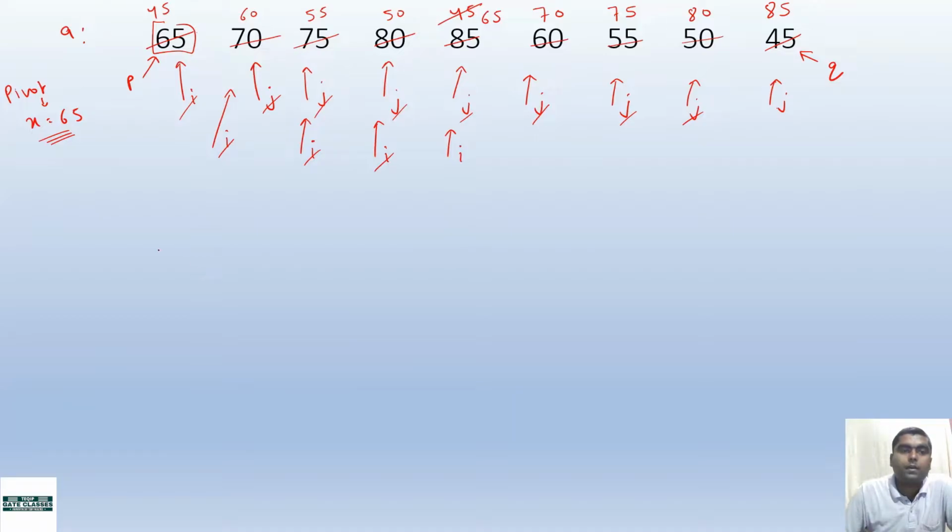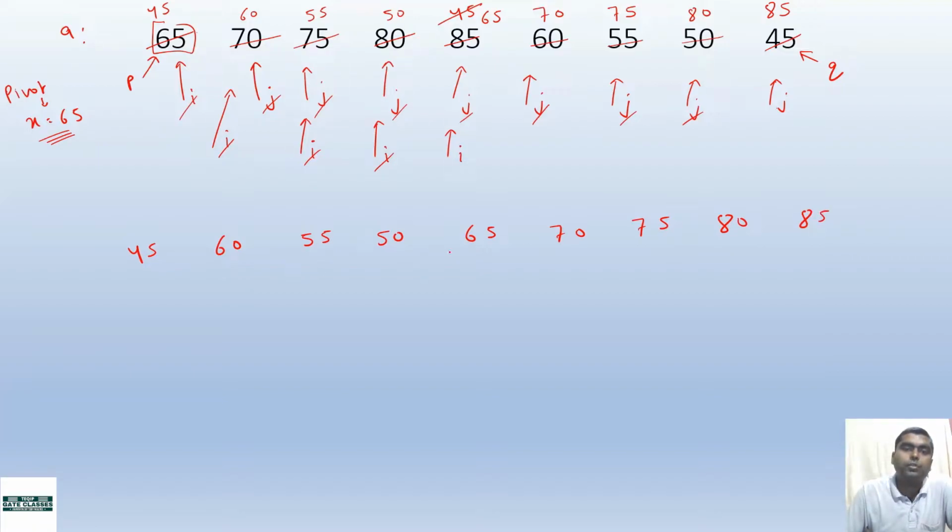So again, if you observe carefully, I am writing it again. So what will be the solution? It is 65, it is 70, and not 70 and not 65. All the values are changed. Okay, just write the updated values. So what are the updated values? First value is 45, next value is 60, then it is 55, then it is 50, and then it is 65, and then it is 70, then 75, then 80, then 85.